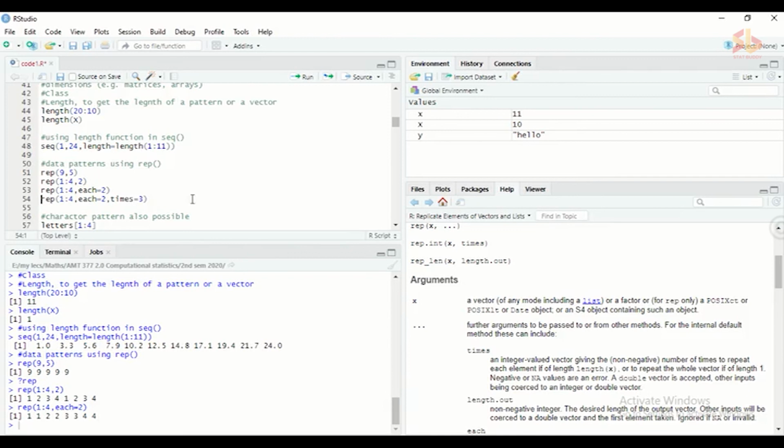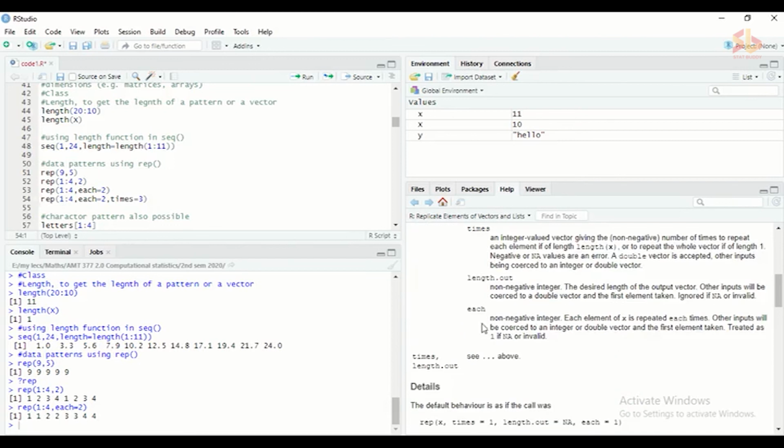In the next one, I have added another argument into the function. It is available in the syntax. It goes from 1 to 4, that is the original pattern, and I need to repeat each element in the pattern twice, and I want to repeat that resulting pattern 3 times.